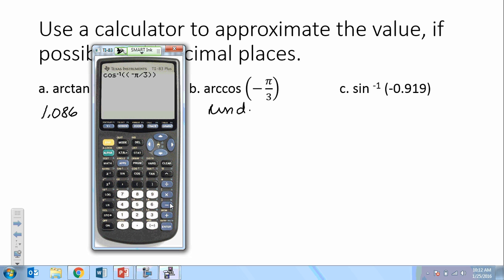Sine was restricted between negative pi over 2 to pi over 2 for the arcsine. Cosine was between 0 and pi. And tangent was between negative pi over 2 and pi over 2, like sine, the arcsine. So now we're ready for the angle whose sine is,